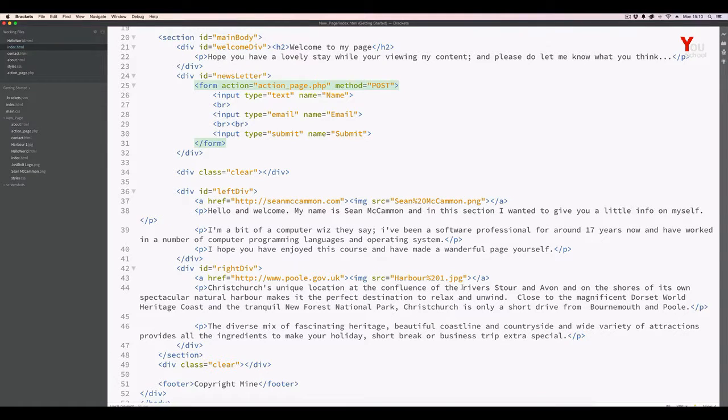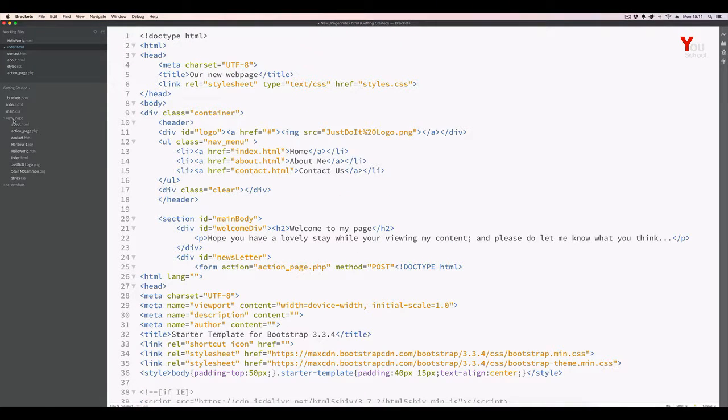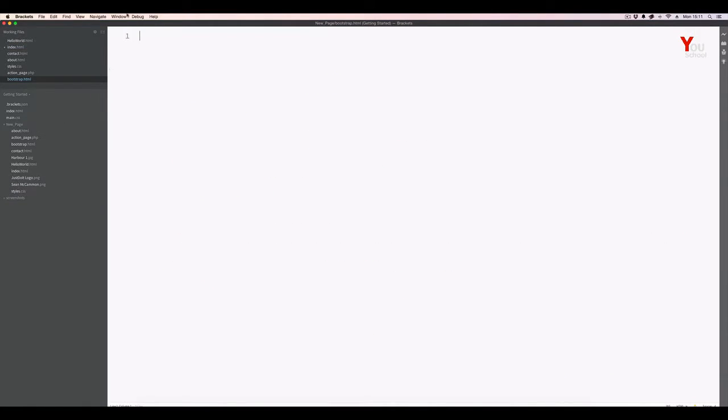Okay, so what we have now is this plugin, which gives us a file called new Bootstrap 3 document. All you do is create a new file, put it in our directory, and call this one bootstrap.html, just so we know the differentiation. Right, so we have this blank file. We go to our file, new Bootstrap 3 document,